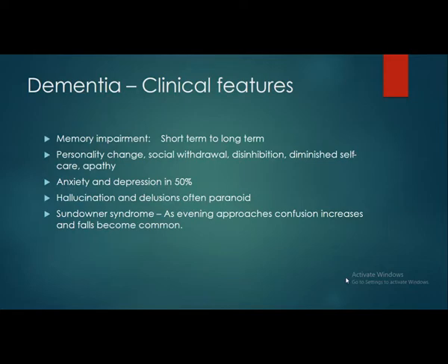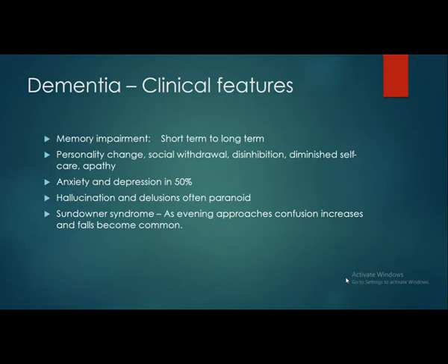Then come the personality changes. The caregiver will tell you that he is not the same person we saw a few years before. He has completely changed now. A patient with dementia is usually socially withdrawn, disinhibited, with diminished self-care and apathy. You'll see a person who has become socially withdrawn. He's not going to meet people. He has remained within himself, and disinhibited, he is joking around, which was not